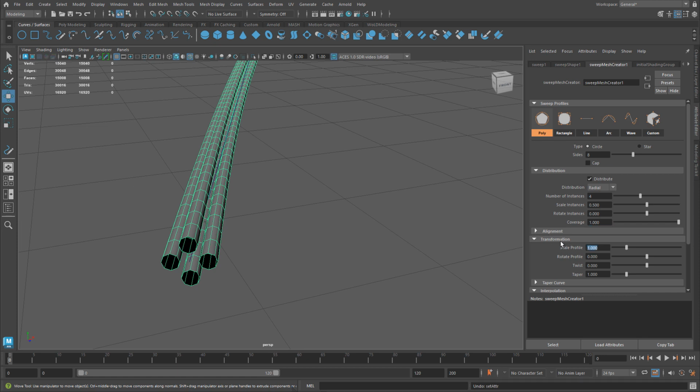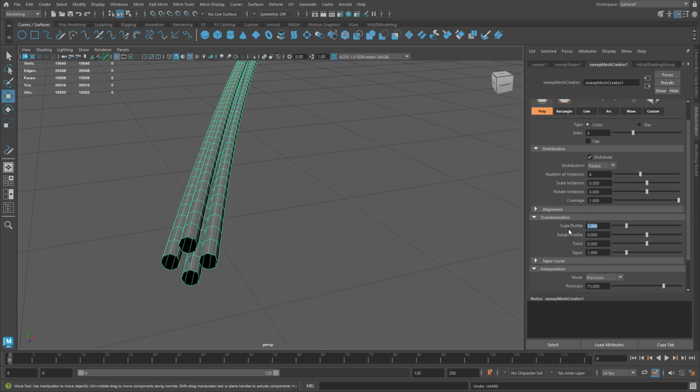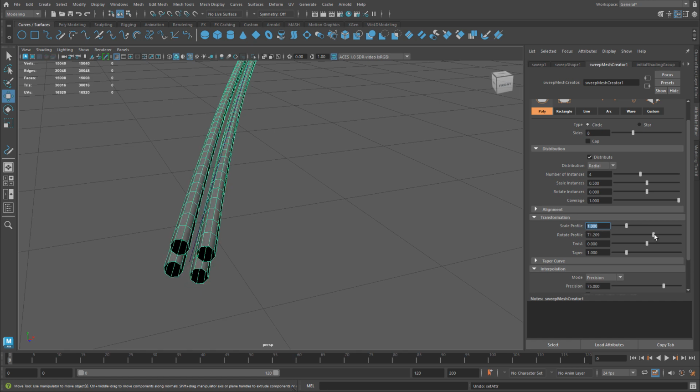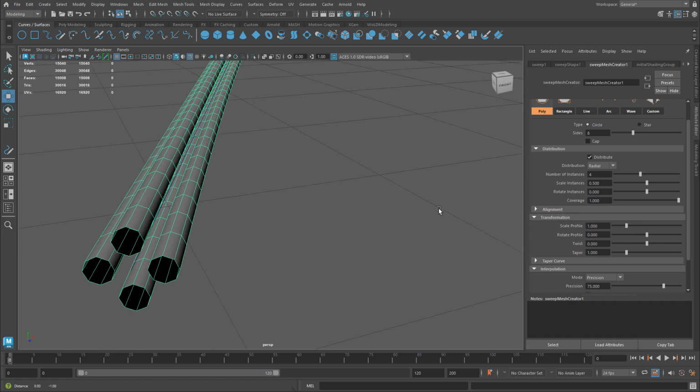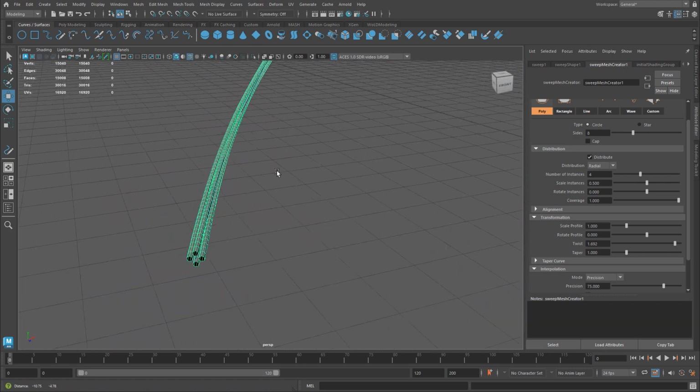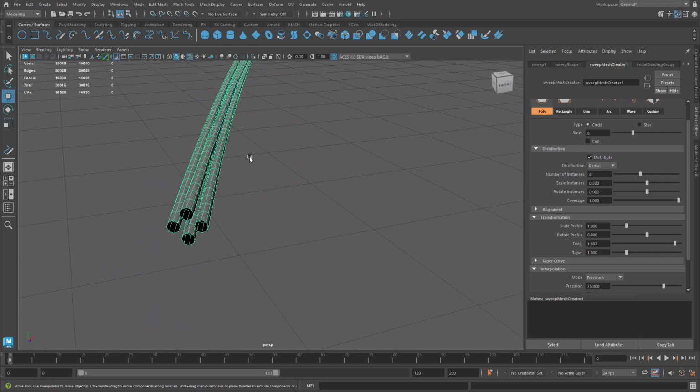And then next we can adjust the transformation. While we have this distribution still enabled, we can really see what's going to be happening to our transformation. Under transformation, you can adjust the scale of your profile, making it smaller and making it larger. So you can scale your extrusion. You can rotate it. Or the other two useful options: you can twist it. Basically, you're going to be twisting the entire extrusion and the profile, twisting it into that rope or rebar shape. And if I want to go beyond the limit of 2, let me type in the value,